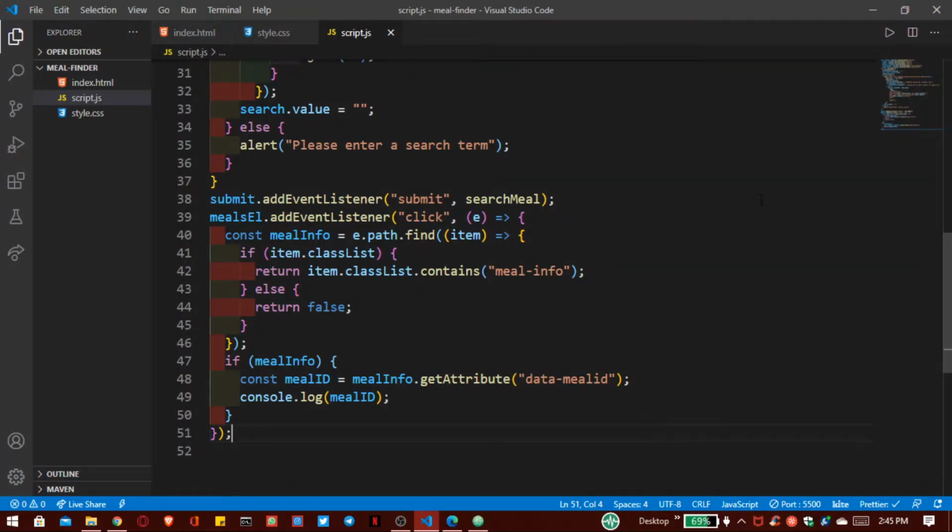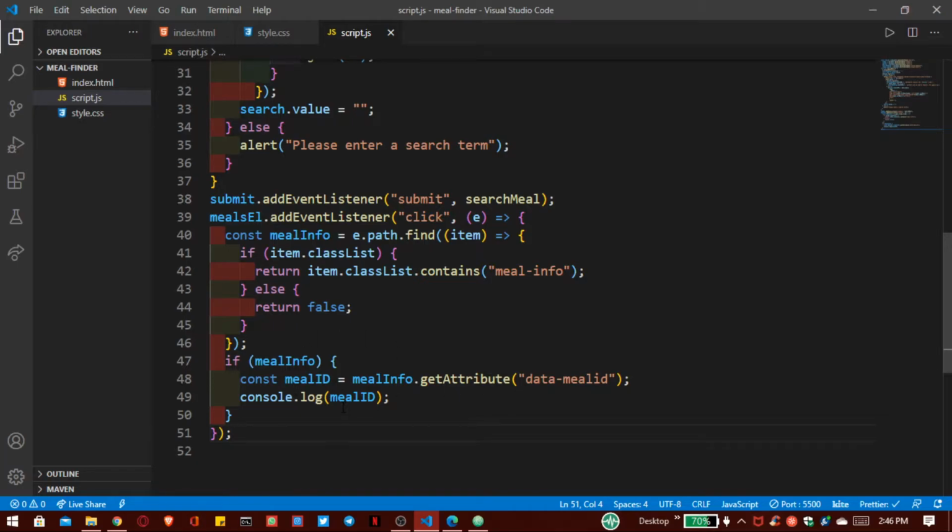This is the tricky part of our program, but you only have to remember that we use this meal info variable to find our meal ID according to the meal that we have clicked. Otherwise, it will return false. And if we get it, then we print our meal ID.